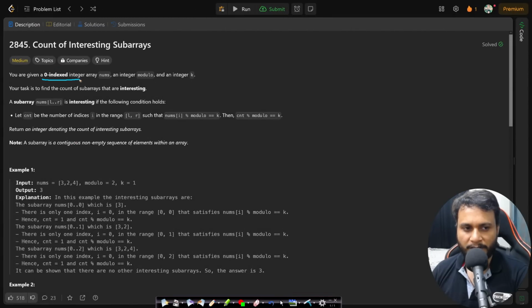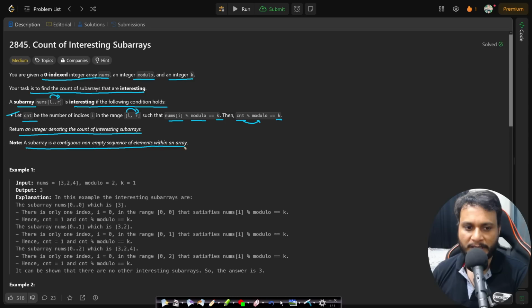You are given a zero indexed integer array nums, an integer modulo, and also an integer k. Your task is to find the count of subarrays that are interesting. A subarray nums[L..R] is interesting if the following condition holds true. Let count be the number of indices i in the range L to R such that nums[i] mod modulo is k, and count mod modulo is also equal to k. Now return an integer denoting the count of interesting subarrays, and a subarray is a contiguous non-empty sequence of elements